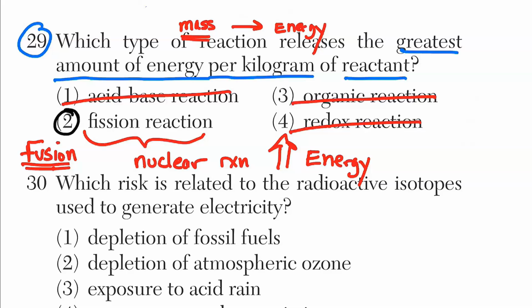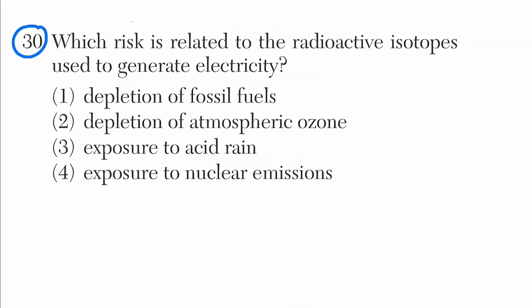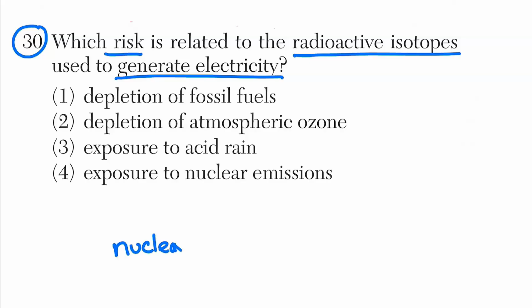The last question of this 1 through 30 part. Number 30, which risk is related to the radioactive isotopes, radiation, used to generate electricity? So we're talking about nuclear reactors, right? Nuclear reactors. And a nuclear reactor